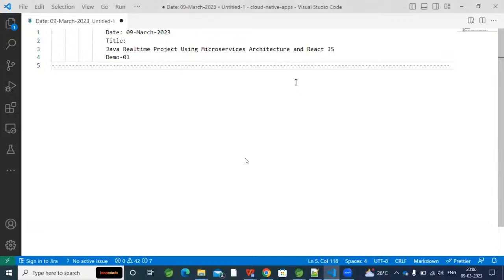Demo 1 of Java real-time project using microservices architecture and React.js. So what is this project about? As this is demo 1, let me talk about general topics: the current market, and what the current market expectations are from a software engineer. And what are the current expectations from a senior engineer or an entry-level engineer, and to whom this project